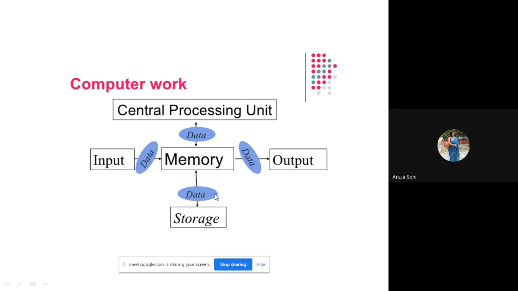Once the data goes to the hard disk or any other secondary storage device, even if the power goes, the next day you can reopen your data. So data is not lost. But in the case of main memory, data is lost unless you save it permanently to some secondary storage device.